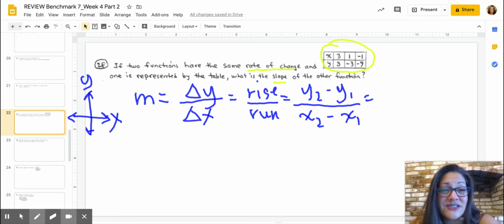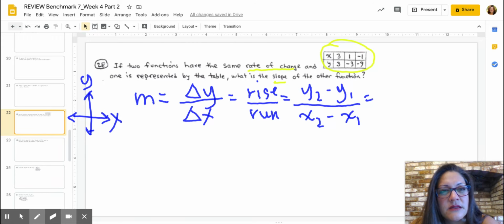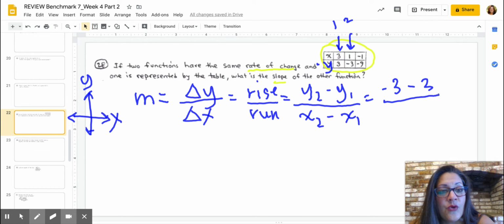Okay, so let's just simply pick some coordinates. So let's go right here. This can be, use this one and this one. Okay, so we're going to do our change in y. Remember, y is on the bottom, so it doesn't even matter. So this could be 1 and 2. So y2 is going to be negative 3 minus 3 over, and make sure we go in the same order. So we're going to go from 2 to 1. So over x1, or I'm sorry, x2